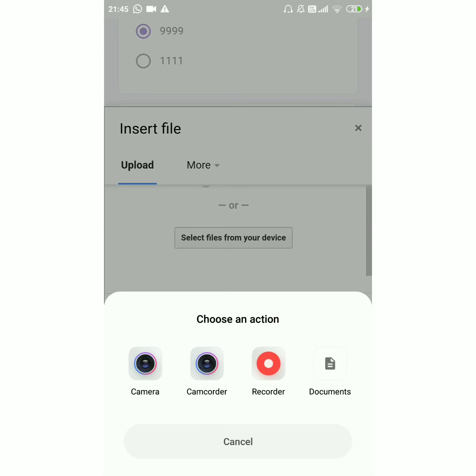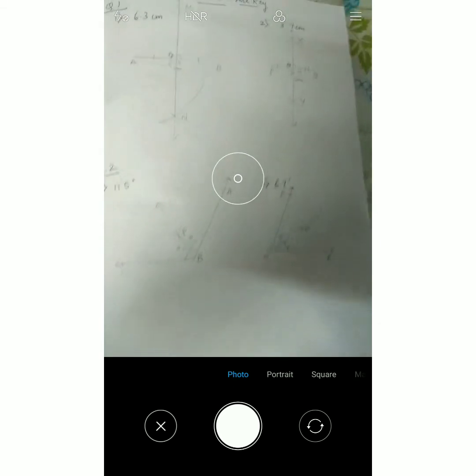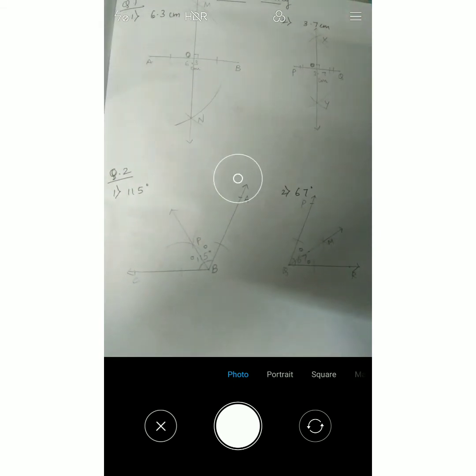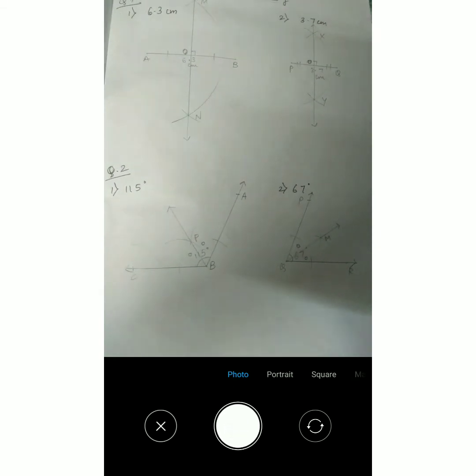This is easier when you are solving from your mobile phone. That's why I'm telling you to use a mobile phone and not your laptop, because from a laptop it will be difficult to upload photos. So use a mobile phone whenever you are solving a Google form. I'm selecting camera, and these are a few ready-made diagrams which I have drawn. I'm clicking this and putting a tick mark.